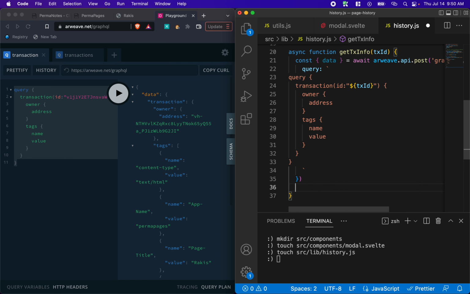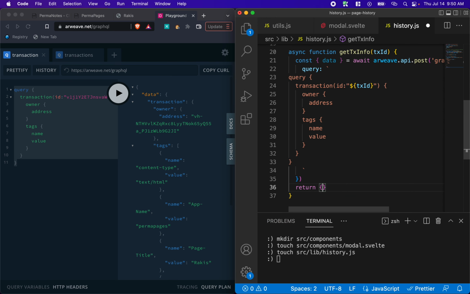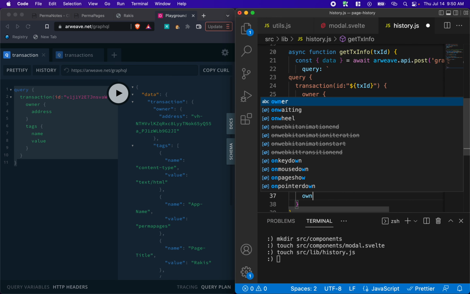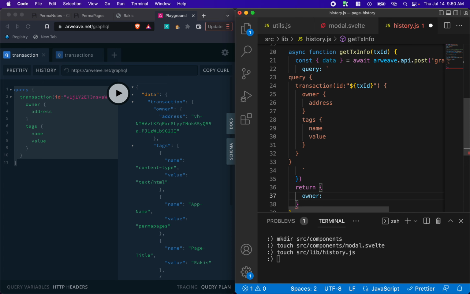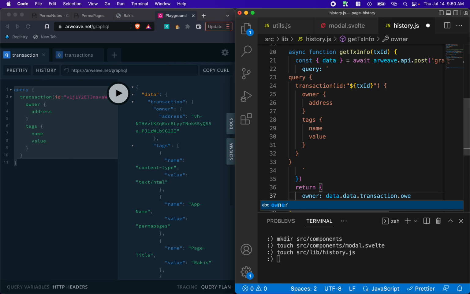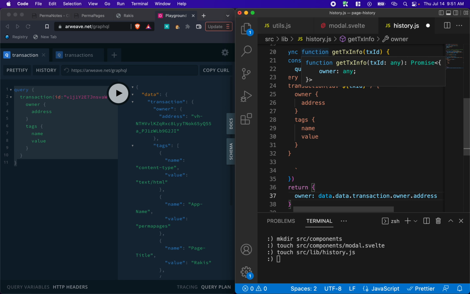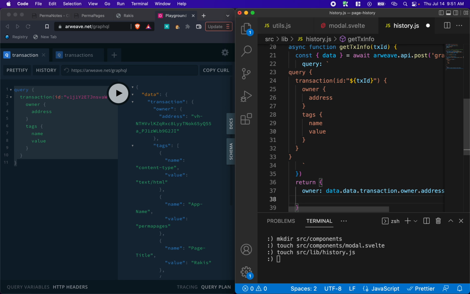And then what we want to do is return an object that has the owner, which will be data.transaction.owner.address. Okay. And then we want the title, which will be data